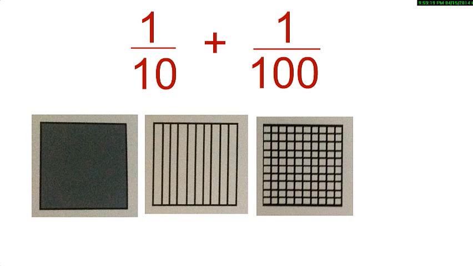Suppose you are given the expanded form as 1 by 10 plus 1 by 100. Can you shade the grids to represent this decimal? Remember, there are no units, so I will not shade any units. 1 by 10, I shade 1 out of the 10 rectangles in the 10 by 1 grid. To represent 1 by 100, I shade 1 square in the 10 by 10 grid. Isn't this equal to